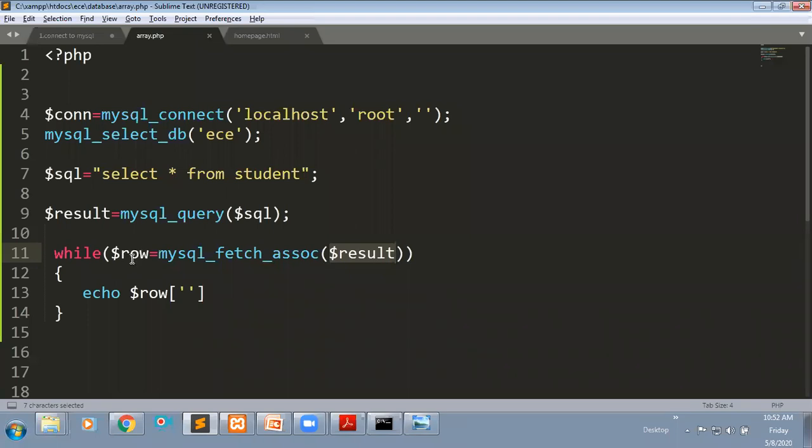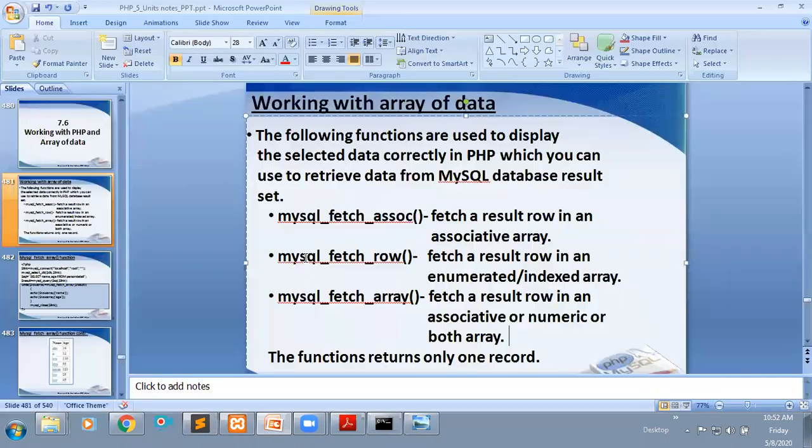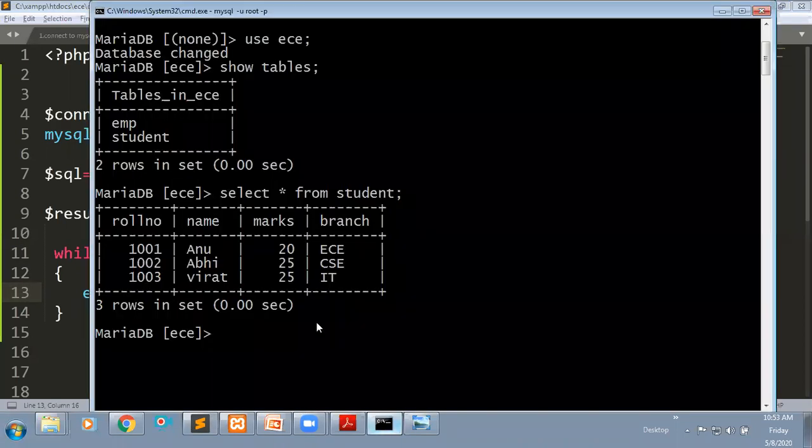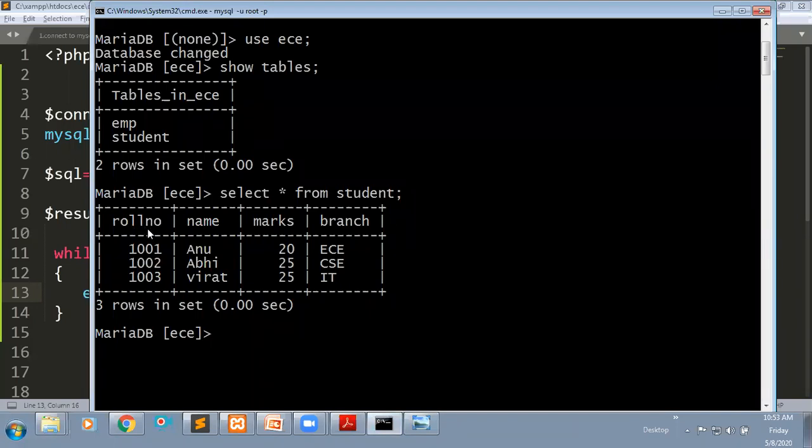If you want to retrieve the total data, I am repeating this in a loop. Until the query's results are finished, it will keep looping, and I'm going to print that in the output. It is an associative array, right? If you observe here, you need to pass the key as the column name, and based on this key, the value is going to be retrieved.